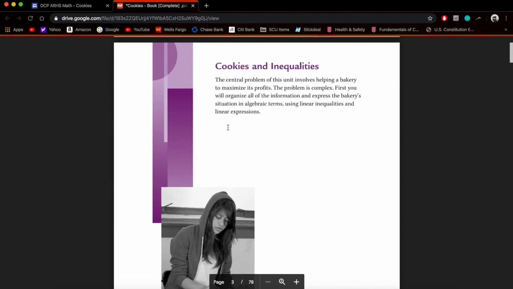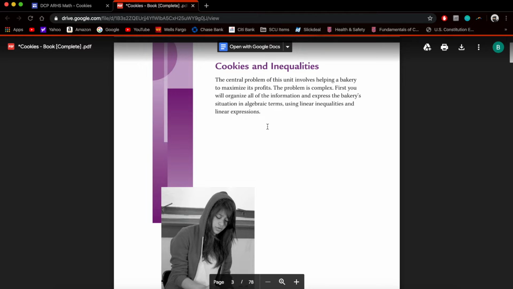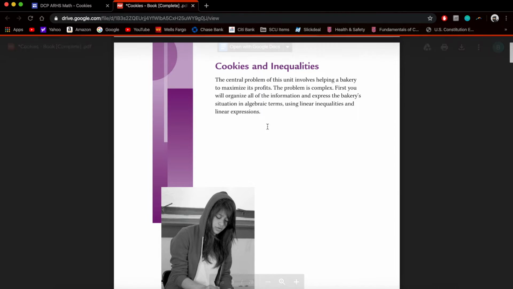Cookies and inequalities. The central problem of this unit involves helping a bakery to maximize its profits. The problem is complex. First, you will organize all of the information and express the bakery's situation in algebraic terms using linear inequalities and linear expressions. This first objective